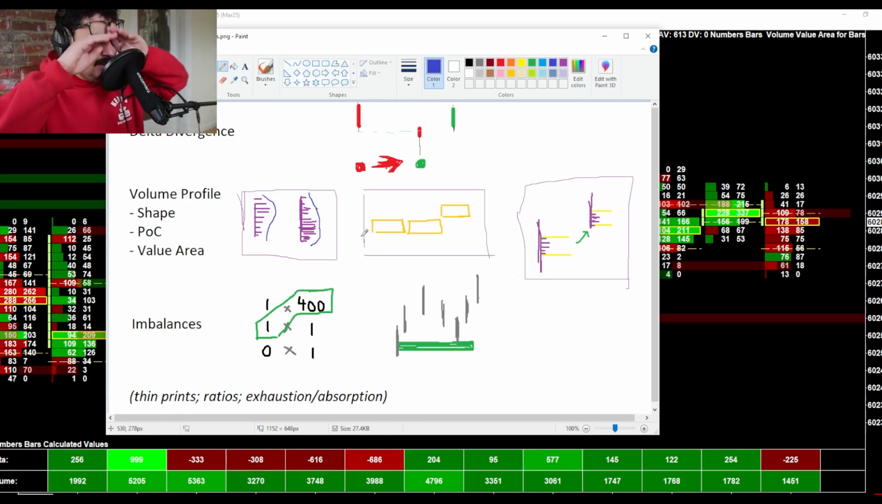People will say a P profile is bullish because all the volume's up here. That means people are trading at higher prices, which means they're willing to keep trading at higher prices. Some people say, and this is also where context comes in, just test and decide what it means for you. Some people say this can be bearish because if you're in a reversal and it's coming